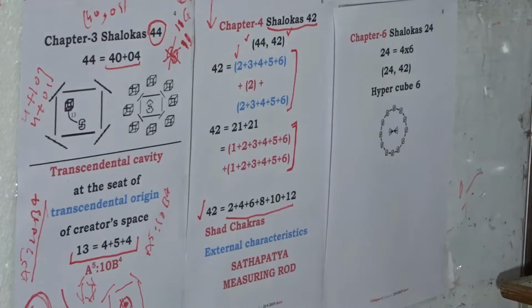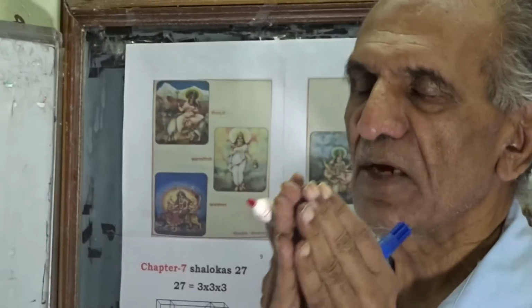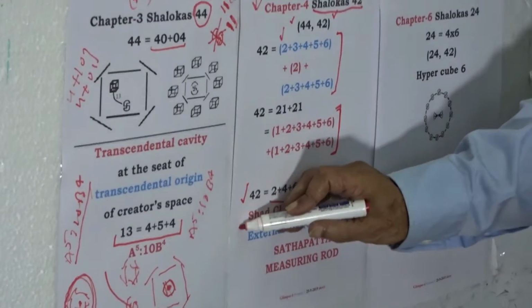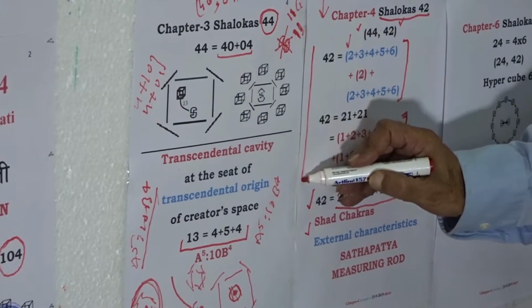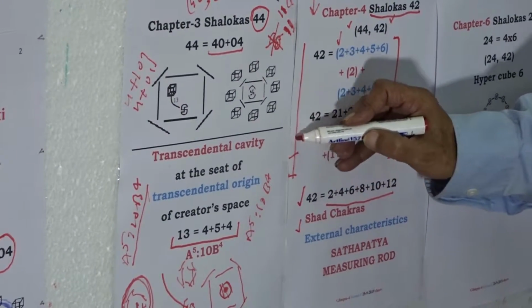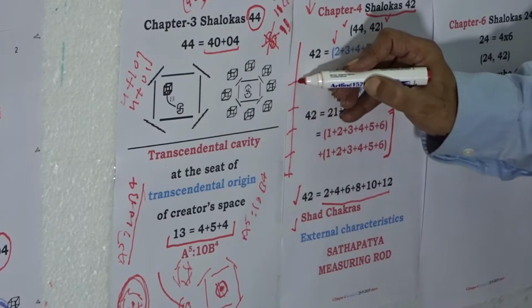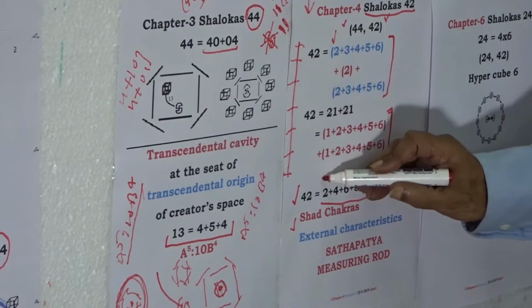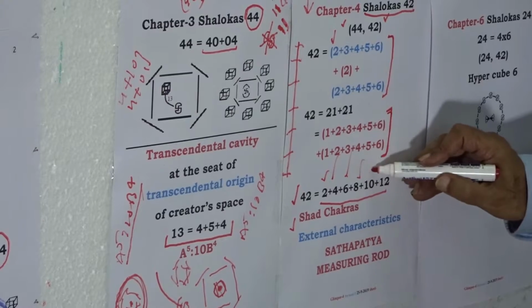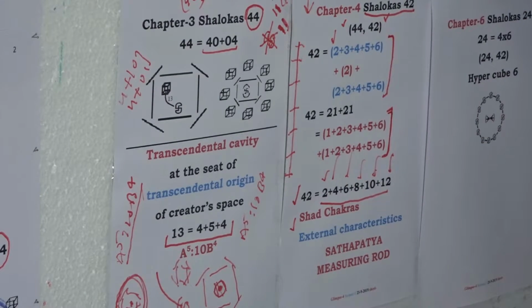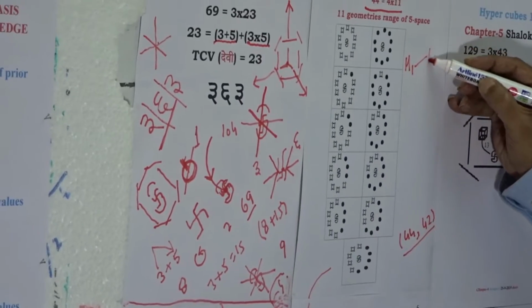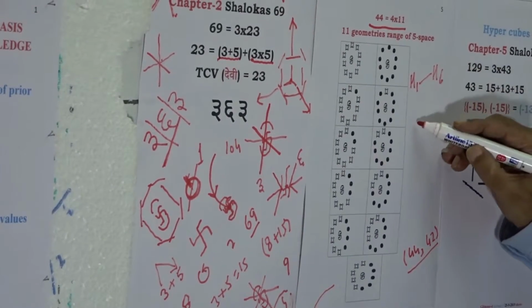It is here where we must have a pause. We should sit comfortably and let us be face to face with this particular feature of the Shad Chakras format. So the human body as such is organized along the Shad Chakras format, whose external characteristics are 2, 4, 6, 8, 10 and 12, and this is parallel to the boundary components of hypercubes 1 to hypercube 6,